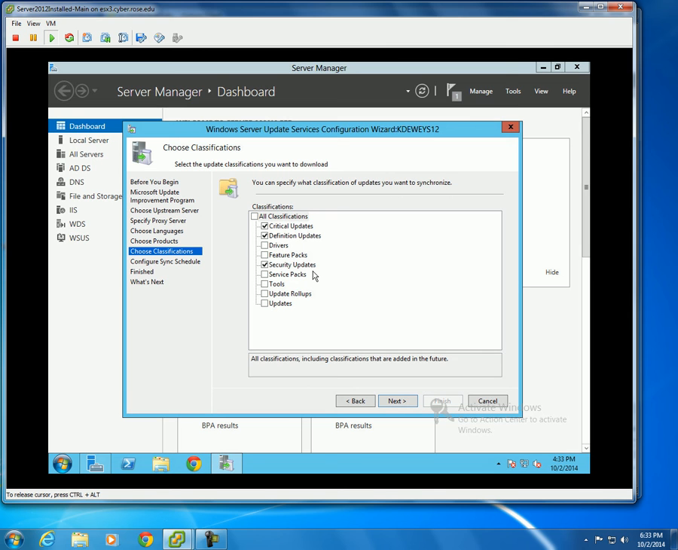Then here's another very important option. We have critical updates. We have definitions. We have security updates and regular updates, and service patches. What they are is you have an update. There's one they also don't list here. It's called a hotfix. You never heard of a hotfix? Well, when Server